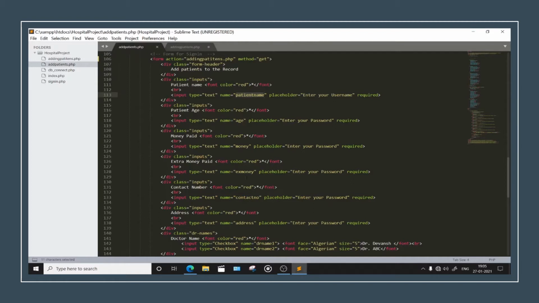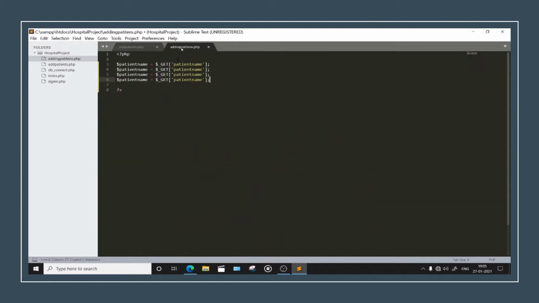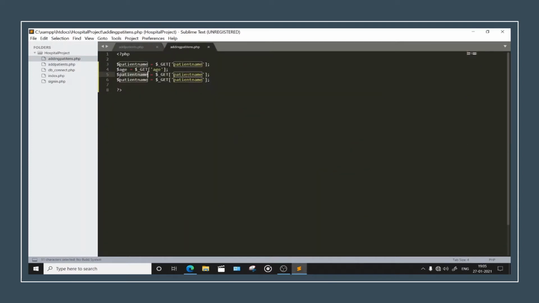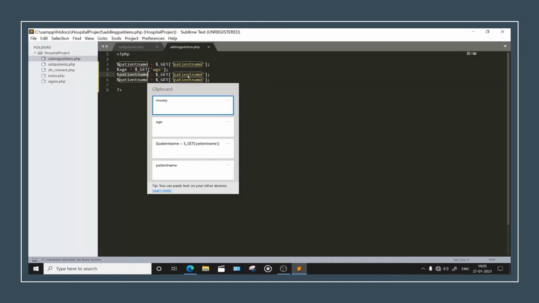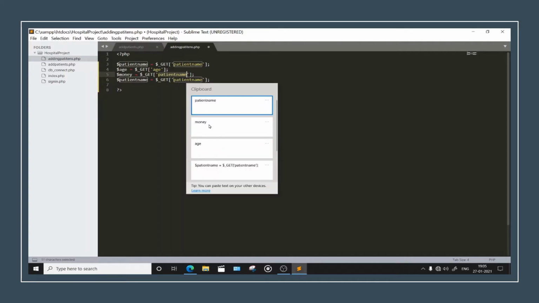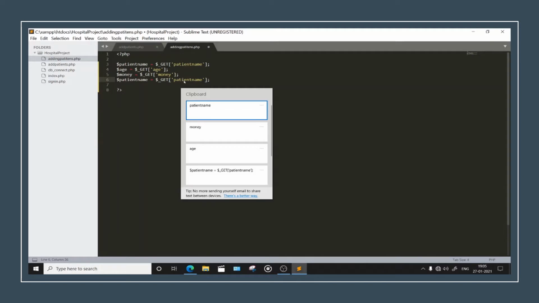You can just do this now for all of these, right? I will copy this age and paste it here, and here. Now I will copy this and paste it here. I made a mistake. I'll paste it here, control V. Wait a minute. Okay, fine. Let me clear this clipboard.